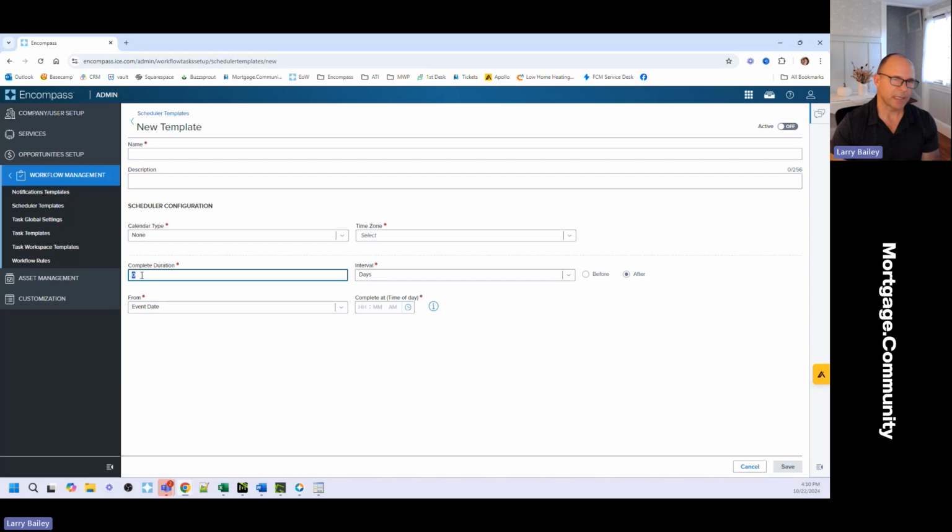But I will give you examples of why you would pick something greater than 0 to, again, either count before that event, before that loan data, or after that loan data. Starting a scheduler to run 0 number of days will only be happening if you have a time of day where you know the scheduler is starting before that time.